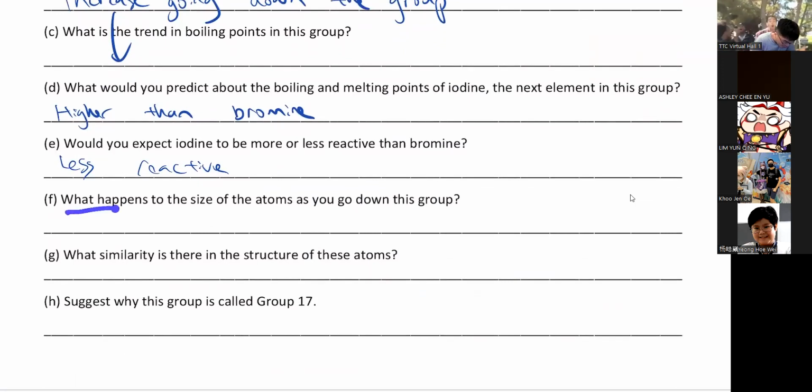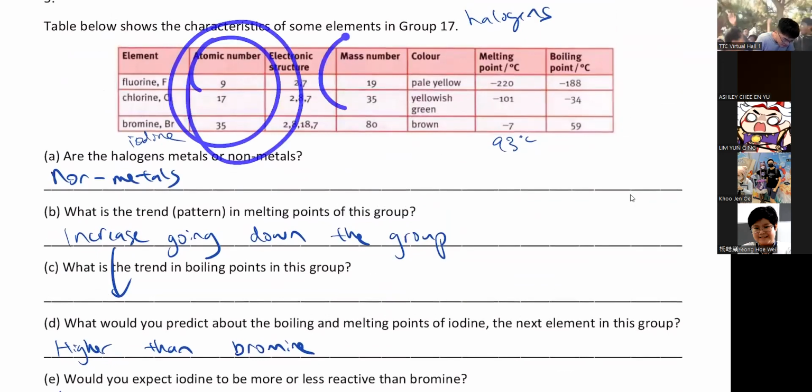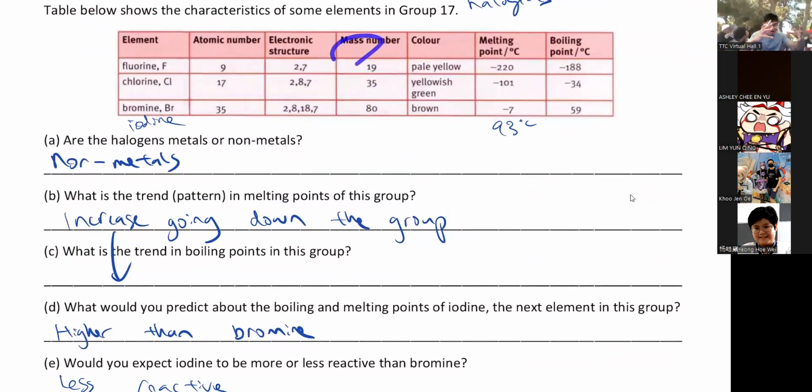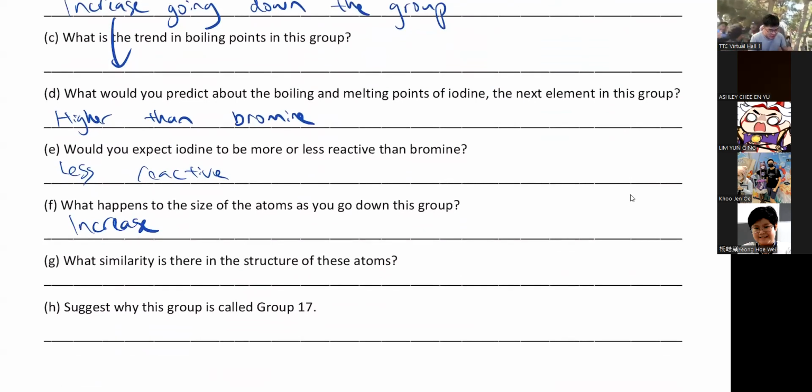So F, what happens to the size of the atoms as you go down? What about the atom size? You look at the atomic number, you look at the mass number, you know. As they go from 19 to 35 to 80, they become bigger and bigger and bigger. Mass number, 它们越来越大个嘛，越来越重嘛。So what happened to the size? They will increase. 越来越大个。